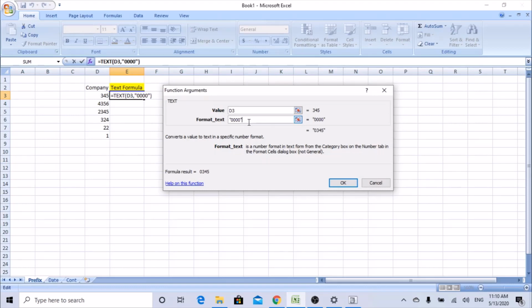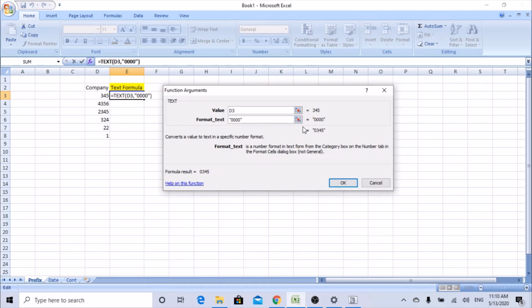Remember friends, any special characters or words we add in a formula, you need to start with a double quote and end with a double quote. Here I know 0 is a number, but still we're trying to get it in text format, so I'm starting and ending with double quotes.